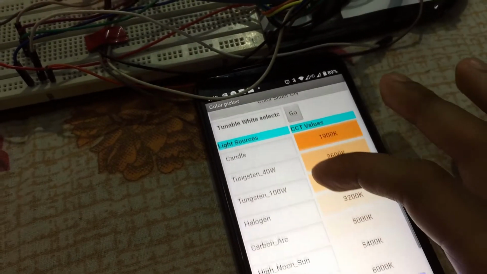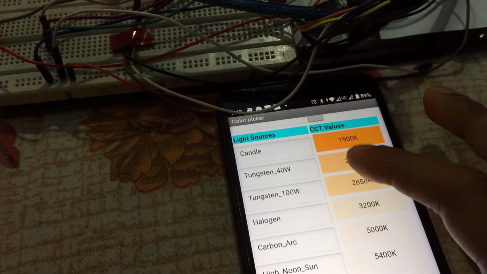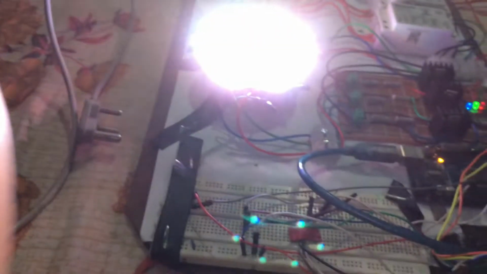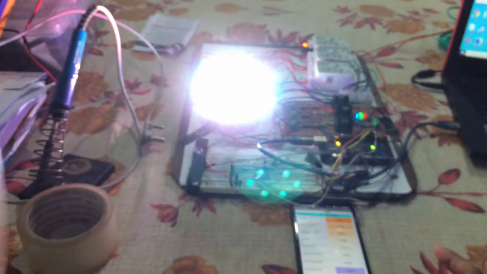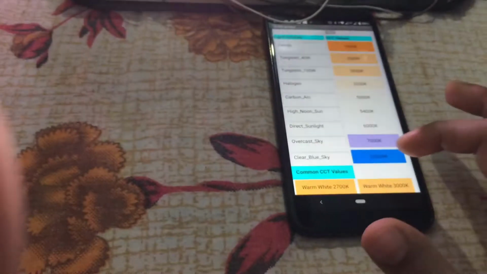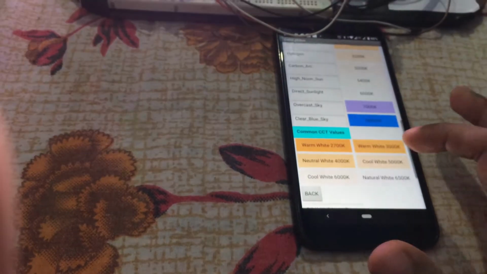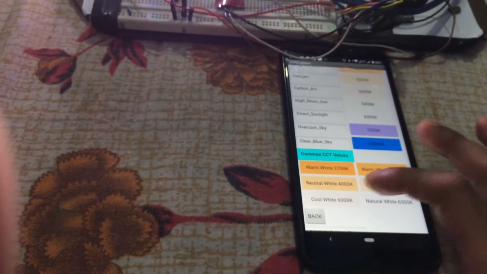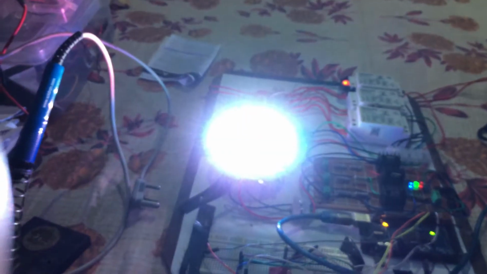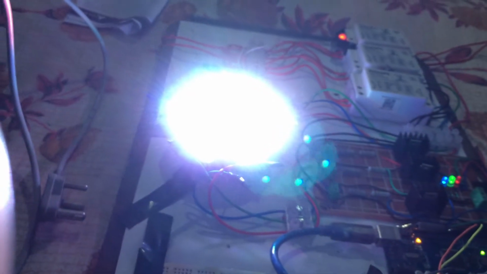So we can have several CCT values given to us, like this one, so we can have a particular CCT as output. If we move downward, we can go for the cool white light as well. The bluish nature has increased. If we move towards warmer light, then the red portion of the light is increased. So these are the things incorporated in this case.